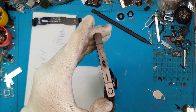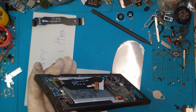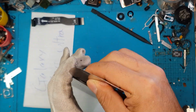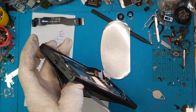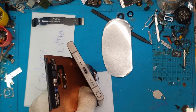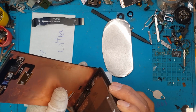So the Galaxy S24 Ultra is not really that hard to fix, although you really need some tools and proper skills to do so. If you're an enthusiast who has fixed a few smartphones before, maybe you can try this on your own. But the cost of the replacement display and the risk of damaging more expensive components inside the smartphone is quite daunting. So if you're a beginner, if you don't have the guts, the skills, or the time to perform your own screen replacement for a high-end Galaxy S24 Ultra, then maybe you can just seek professional help